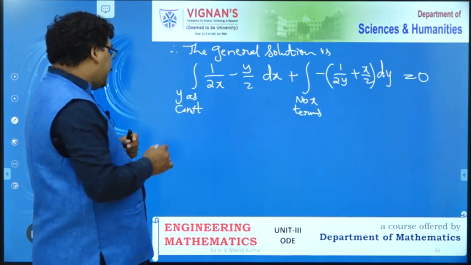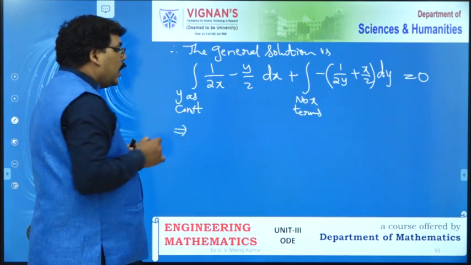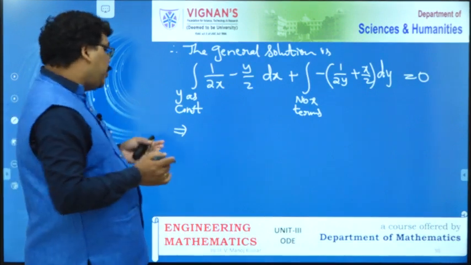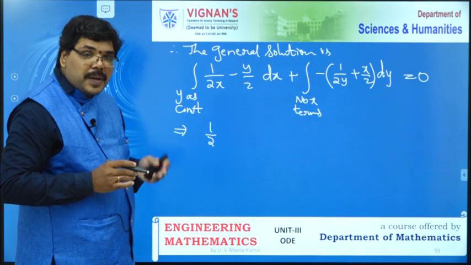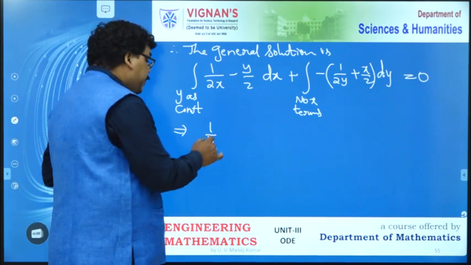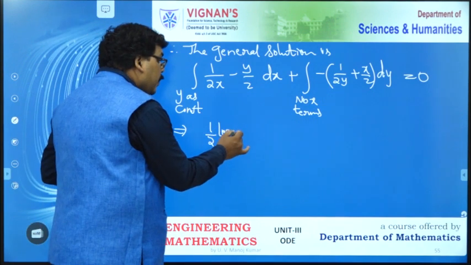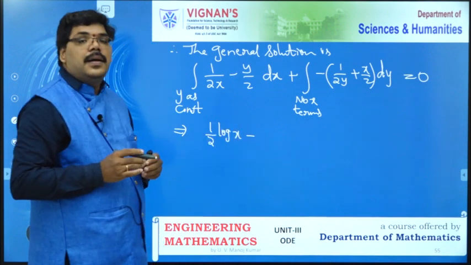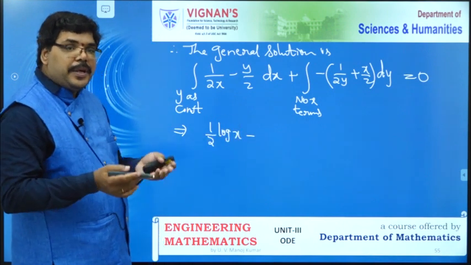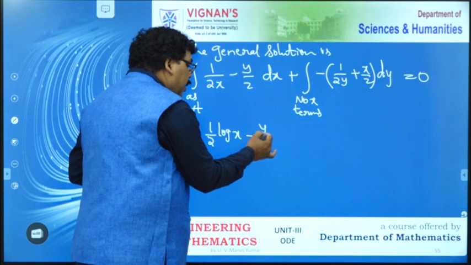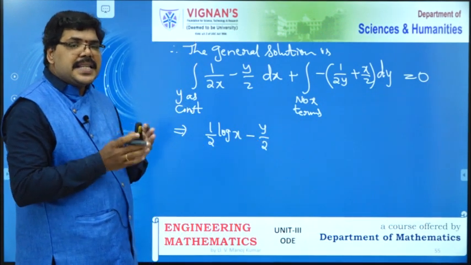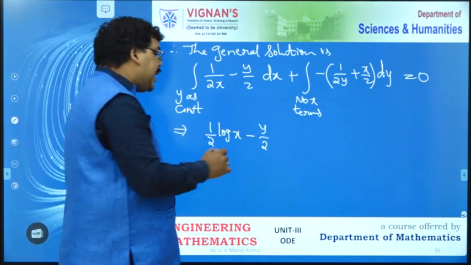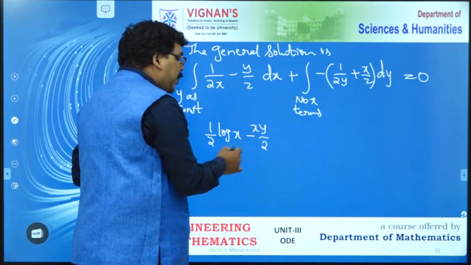So, do it. 1 by 2x, integral is 1 by 2 into integral of 1 by x, which is log x, minus... y is constant. So, y by 2 is a constant. What is the integral of y by 2? Constant, put it aside, integral of 1 is x. So, xy by 2